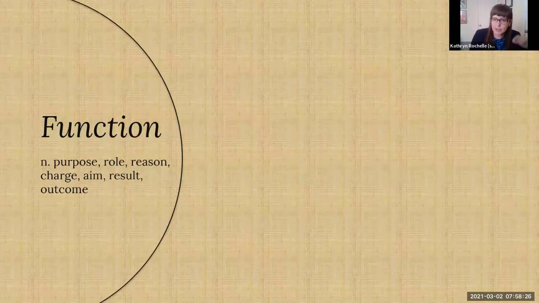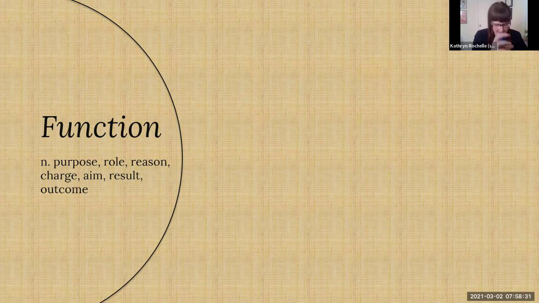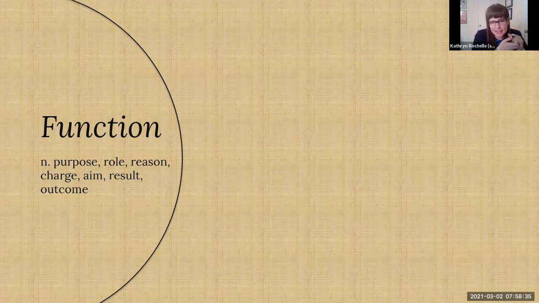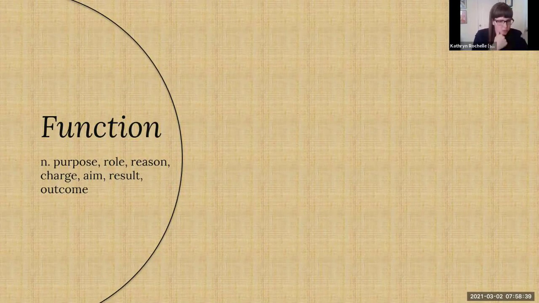So anthropologists use those two approaches, Emic and Etic, inside and outside, to really dig into the function of dance, which I think is something that you guys have been talking about in your other lectures. So we're really trying to figure out what's the role of dance? Why do people do it? What's the purpose? There must be some reason. So I'm going to give you two really quick examples of the functions of dance.